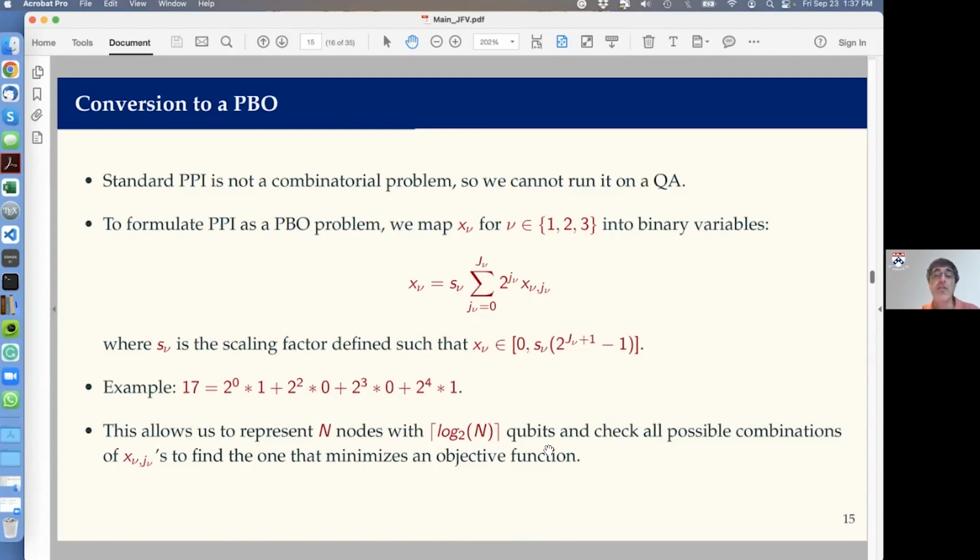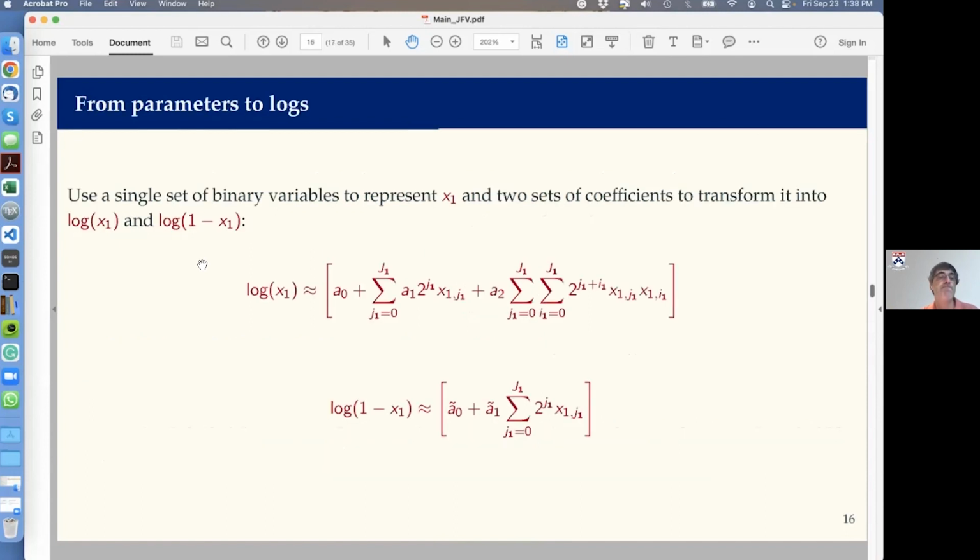And if the only thing you want to do is minimize some function of the x's, literally, the only thing you need to do is check every possible combination of x sub nu sub j and just pick the combination of x sub nu sub j that minimizes your objective function. So it's going to be brute force. I have all these x sub nus, just let me check all of them and see which one minimizes my problem. Now,